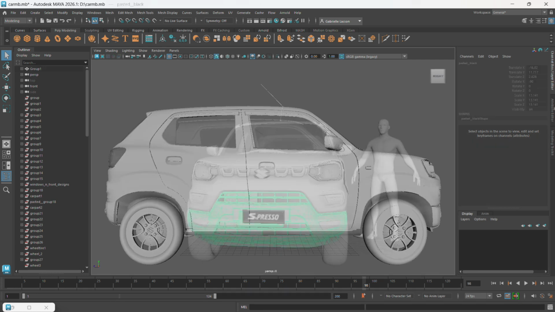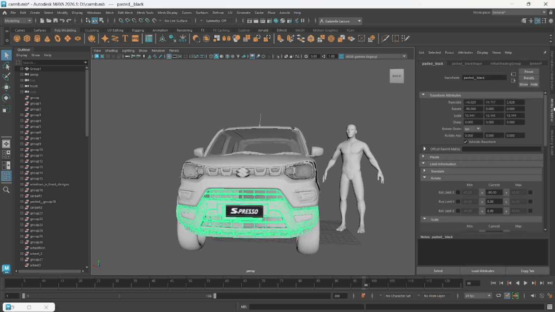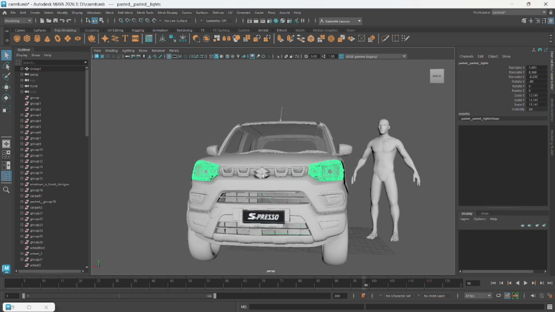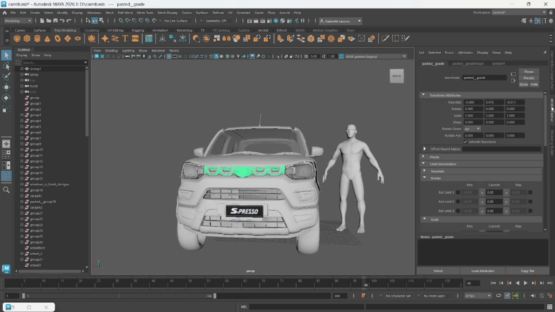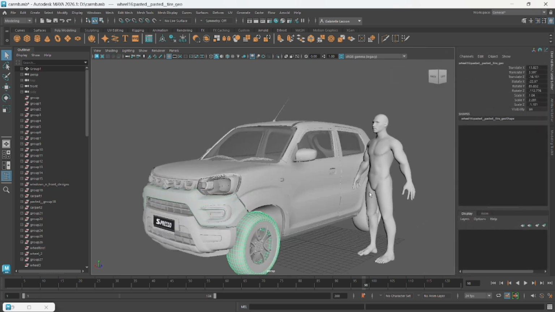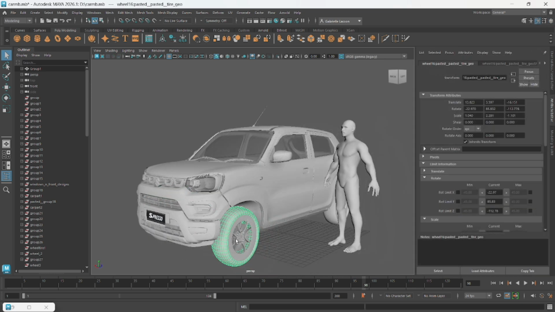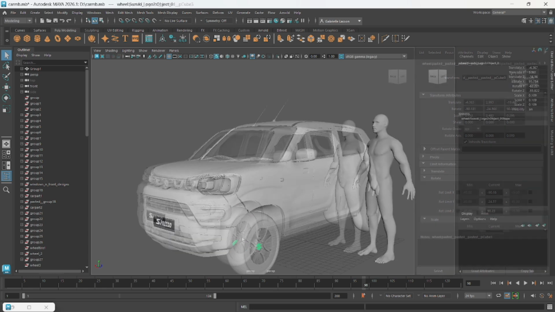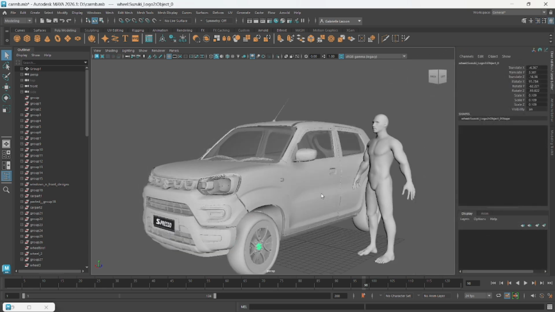After this, we go inside the channels window of Maya. Here, we look at the parts that make up the car. Each one is shown one by one. As they appear, we can see how they are arranged, how big or small they are, and how they are placed in the scene. This lets us understand their properties like position, size, and rotation.